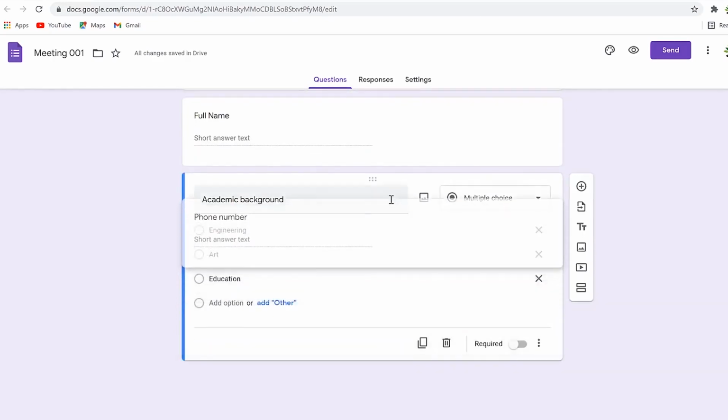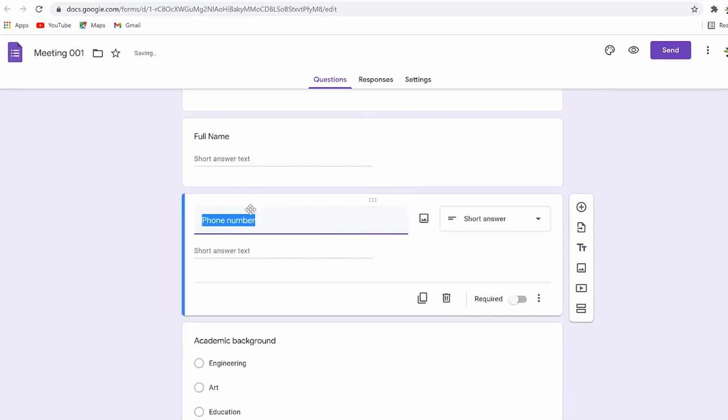Okay, so let's say this one goes up after it: name, phone number, and then academic background. You can choose from this. There are a series of things you can add. For example, you can import a question from another form into this form and create it, and then you can add a text or a